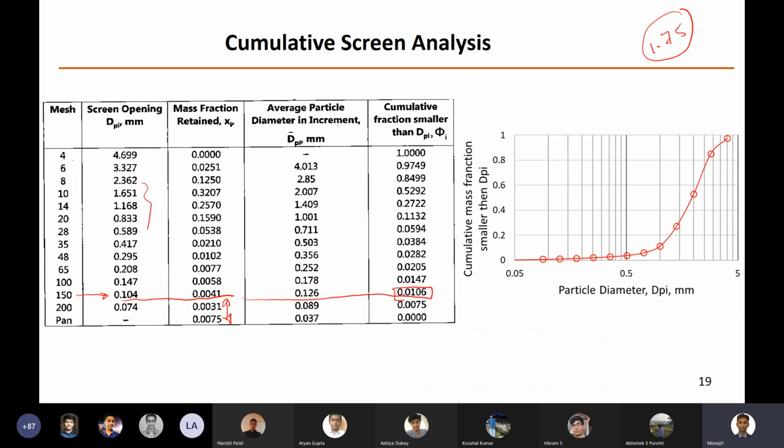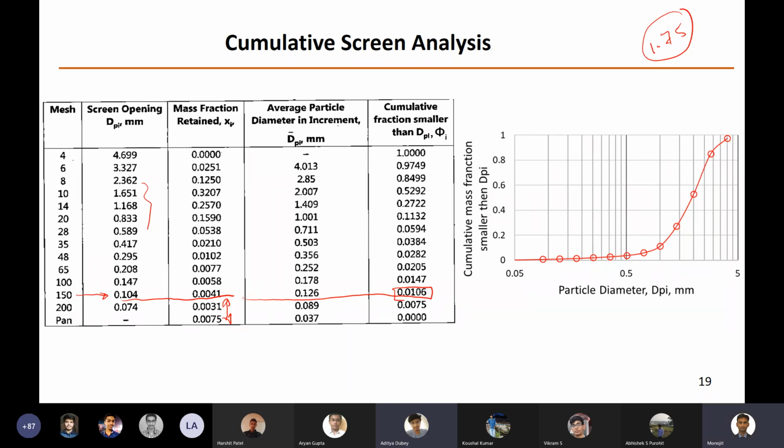Now from the graph, how will you get it? It's more easy. Just think. You wanted to know the fraction of particle? Sir, on the x-axis, we will take the point 0.173, and then we will draw a line parallel to the y-axis to the point of intersection. From the point of intersection of the line and the curve, we will draw a line parallel to the x-axis, and wherever it meets the y-axis, that would be the cumulative fraction of mass.